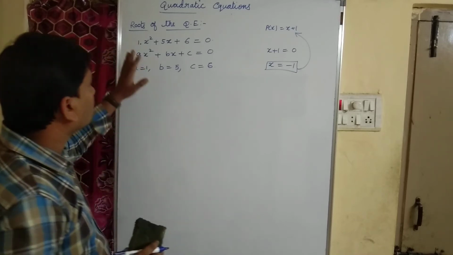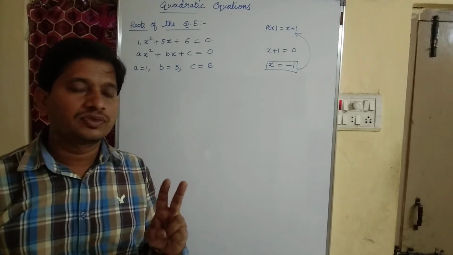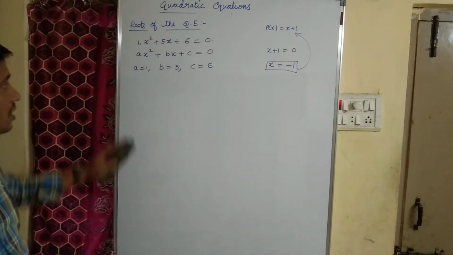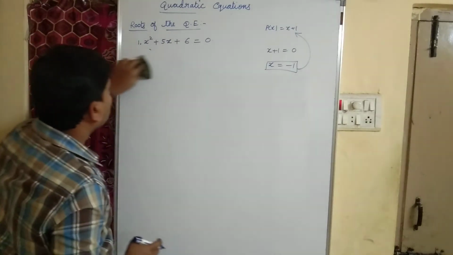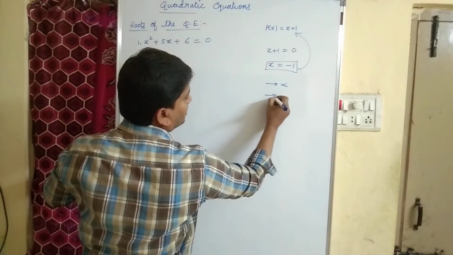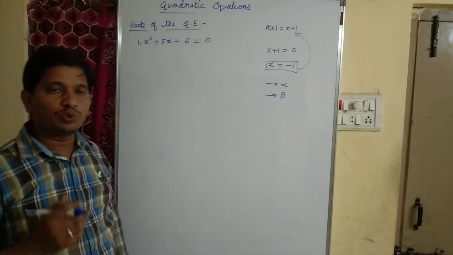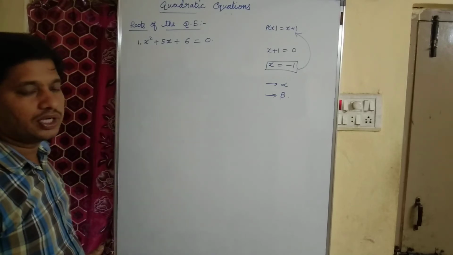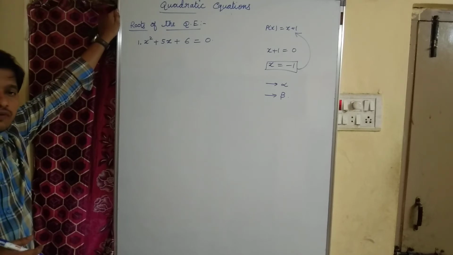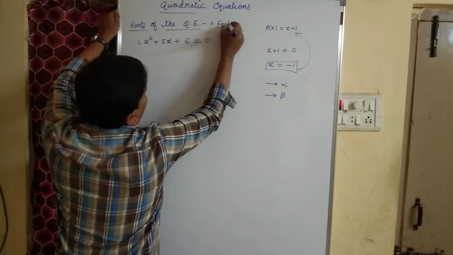Here we have a quadratic equation. As the degree is equal to 2, you will get 2 zeros. For a quadratic equation, how many zeros will you get, children? You will get 2 zeros. One zero we call alpha and the second zero we call beta. Let us see what the 2 zeros are. Let us find the roots of the quadratic equation by using the factorization method. Which method? The first one is factorization.